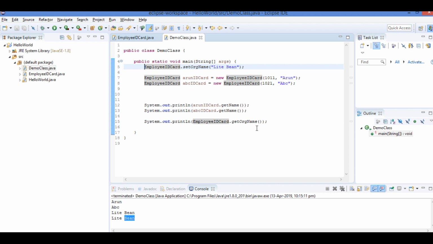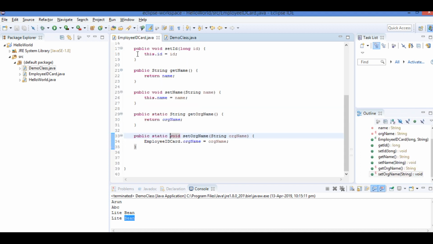So now we have the static methods and fields. There is one more thing called the static block. The purpose of the static block is to initialize anything you want when the class is loaded. Before that, one more thing: